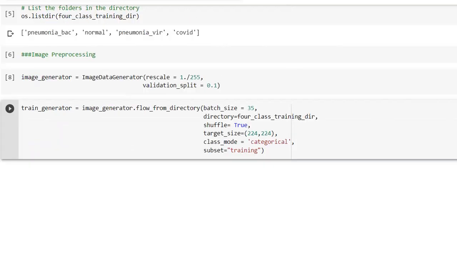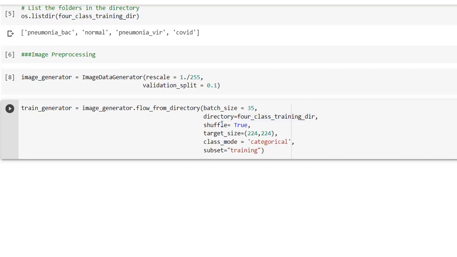So now I have created a variable called the training generator. Here if you see, I call this image generator dot. There are different types of methods in the image generator, like the first one is flow from directory, and the second one is flow from data frame. These are the different methods commonly used to read images from a folder. Here I have used flow from directory, and the next parameter is batch size. This is how many images we need to use for the training. That is required as a batch size. And the next one is the directory, which is the folder name.